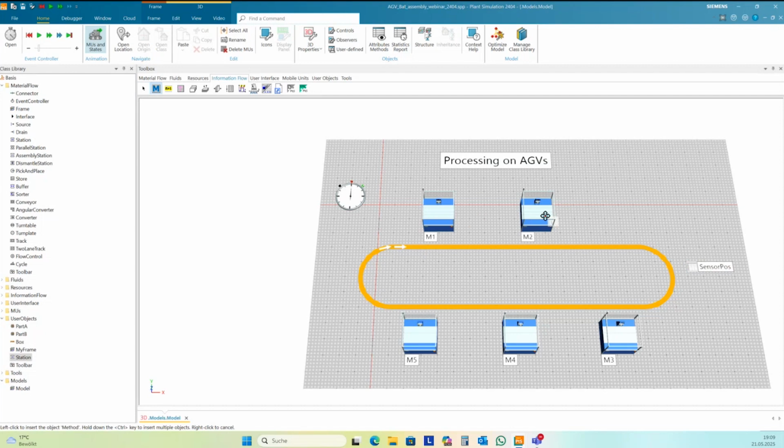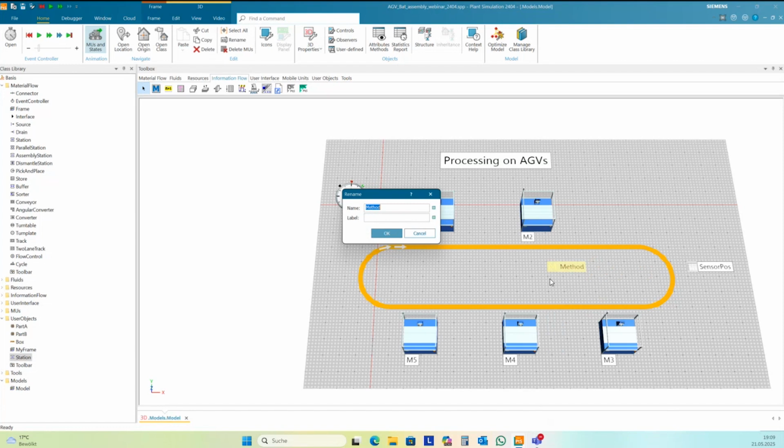I create one method, sensor control. And I want to create here stop positions for the HEV in front of this station. The station here in this example is only for collecting statistical data. I don't want to produce something here. I only want to enforce here this station for walking just for statistical reasons.